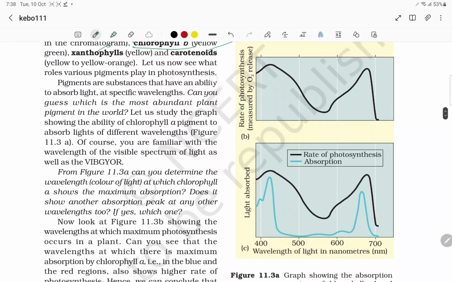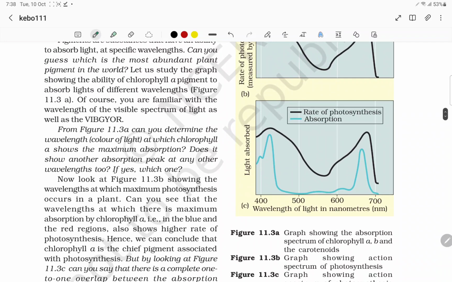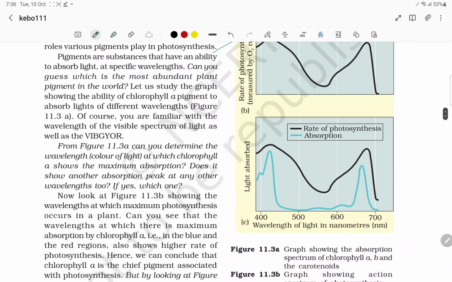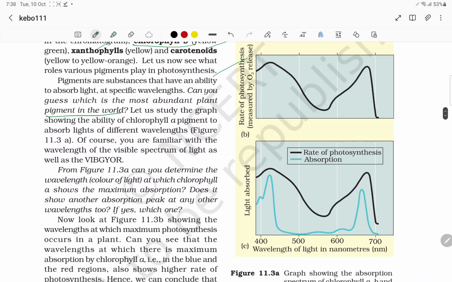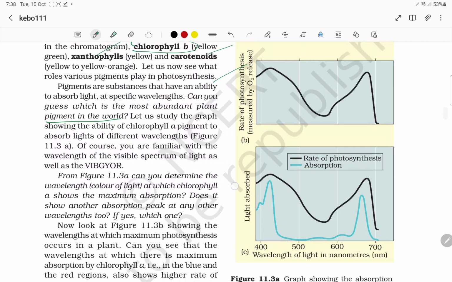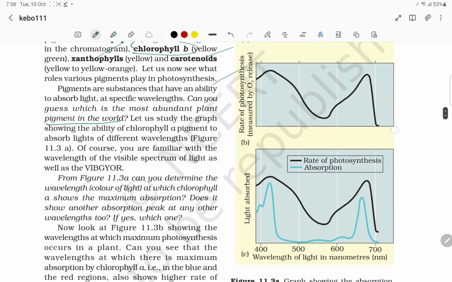Now, the various roles of the pigments in photosynthesis. Pigments are substances that have the ability to absorb light of specific wavelengths. Can you guess what is the most abundant plant pigment in the world? Chlorophyll A. So let us study the graph showing how chlorophyll A absorbs light in different wavelengths, which corresponds to the wavelengths of the spectrum, VIBGYOR. If you could see here,